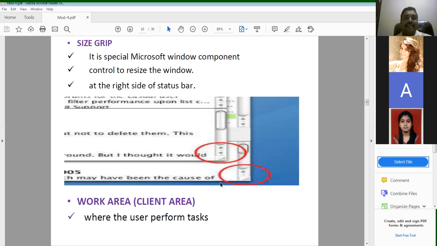These are all the window's proper components. Next, the size grip, which is represented pictorially here. With it, the size of the window can be resized, by dragging left or right. Next, the work area, where the user performs the task.